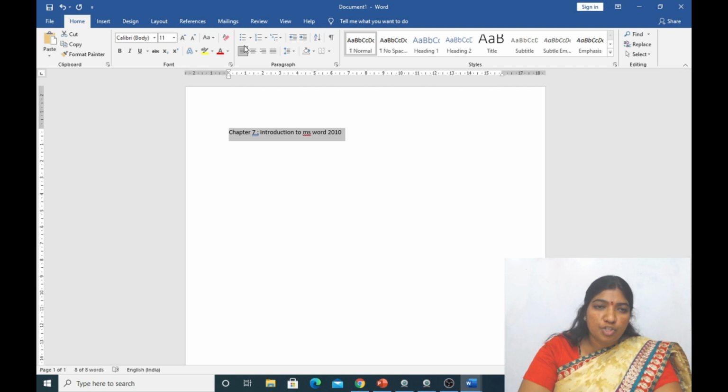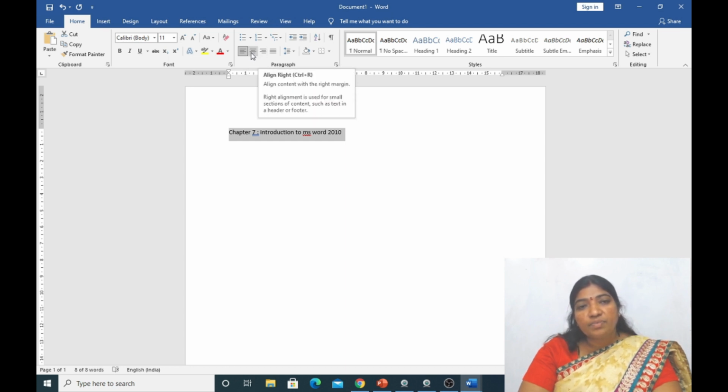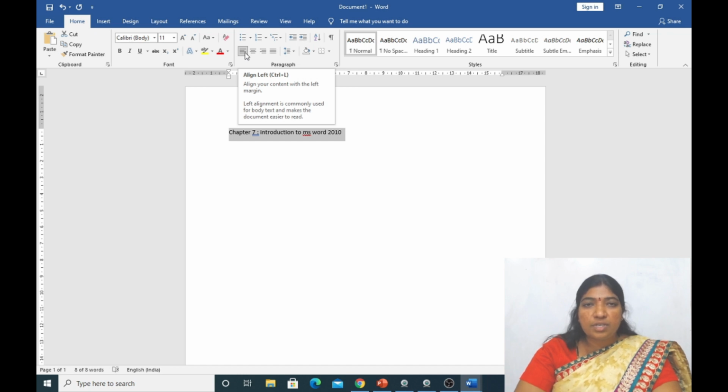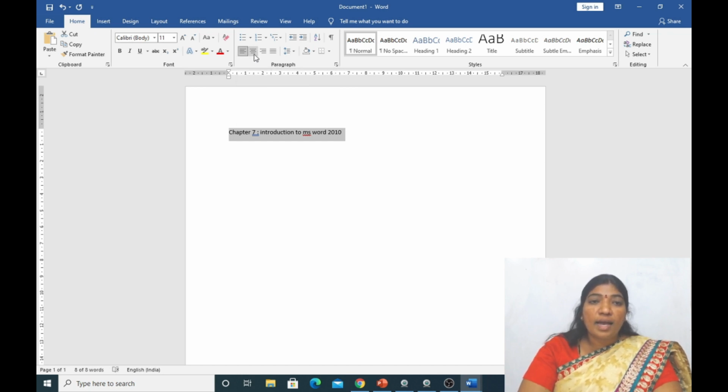What will I do? Just go to the ribbon. Here you will have a paragraph group. In that paragraph group, you have to go to alignment. There are totally 4 types of alignments: left, right, center and then justification. I need this chapter 7, whatever I entered in the document area, in the center position.